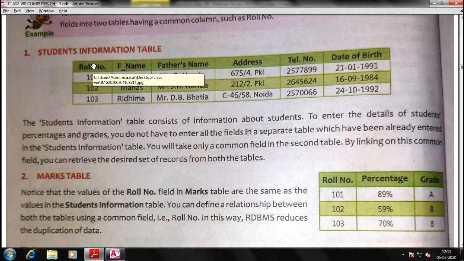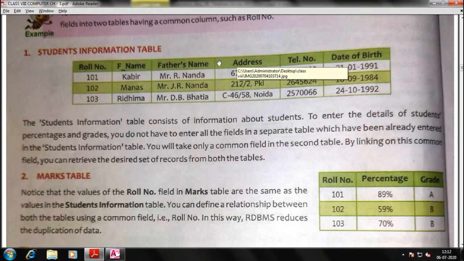In the students information table, I told you in the last video that roll number, F name, father's name are known as fields, and this horizontal row is known as a record, right? And the values inside it are known as the data, because these are the elements of a table. If any of the elements is missing, you won't get your appropriate table constructed or created in MS Access, right? Because all three things are the pillars of a table. You have to create it. You have to maintain this record.